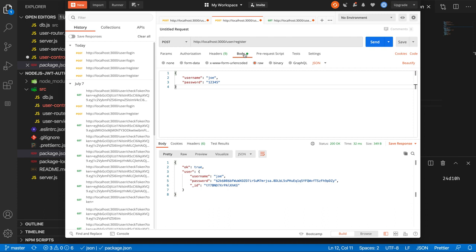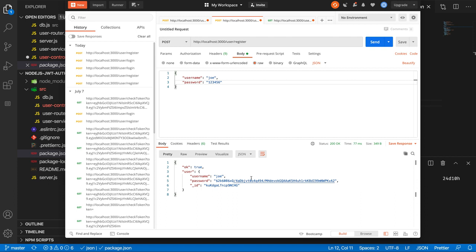Since it requires a body, the format of this body is raw, and I'm selecting JSON, since I'm using the JSON parser for it. As simple as that. Now, if you recall, the parameters we need to pass are the username and password. So let's create